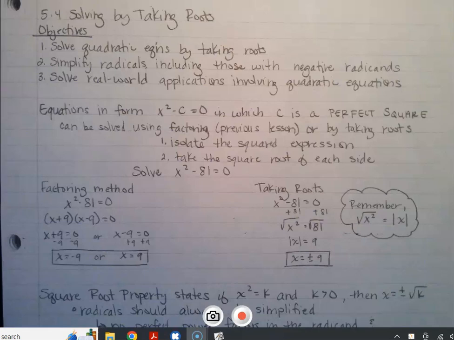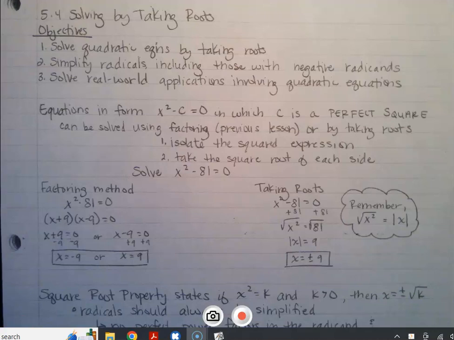All right, so today for 5-4, we're going to solve by taking roots. It's going to be fun stuff. So we're still solving quadratic equations. We're just using a different method. It's called by taking roots today. We're going to simplify radicals, including those with some negative radicands, and we're going to solve some real-world applications involving